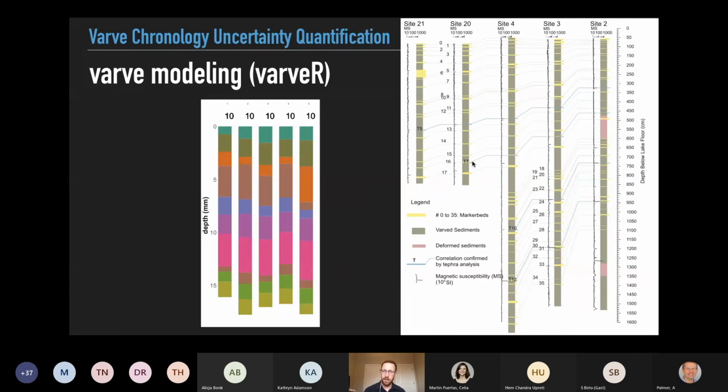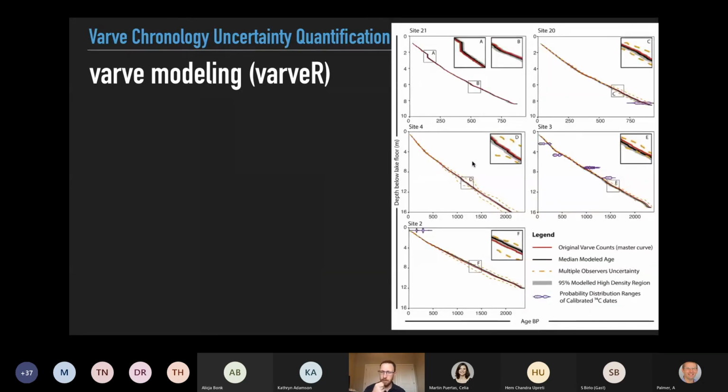So doing this, we did this with Lake Klutna, and we came up with these varve counted chronologies that have uncertainty and uncertainty structure across them. Here's this example. In this case, you can see there's a comparison to radiocarbon data, but the radiocarbon data don't inform the counts at all. Oh, I didn't include that, but there's a bunch of tephra in this core, and so now we have age distributions that take the counting uncertainty into account,